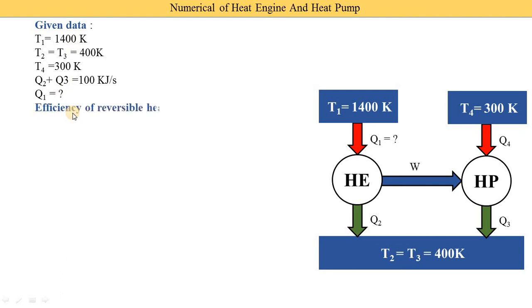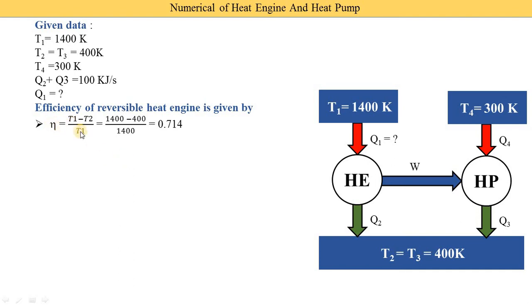So first we find out all these parameters of the heat engine one by one. First we need to find out this Q1, it is the final parameter. We are not able to find it initially, so first we need to find out Q2, W, Q3, Q4, then we are able to find out this Q1. So first we need to find out efficiency and COP from the temperature limits. In any combined example of a heat engine and heat pump, or a heat engine and refrigerator, first we need to find out efficiency and COP.